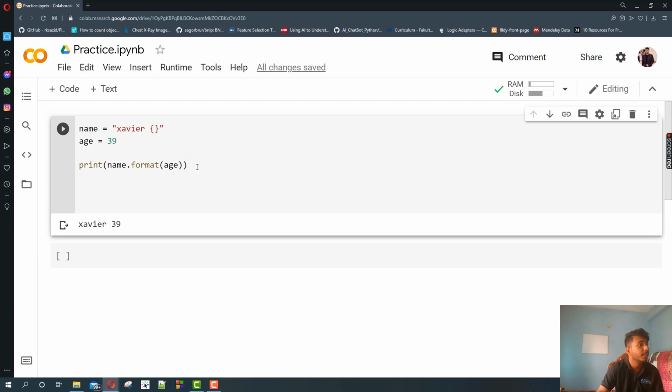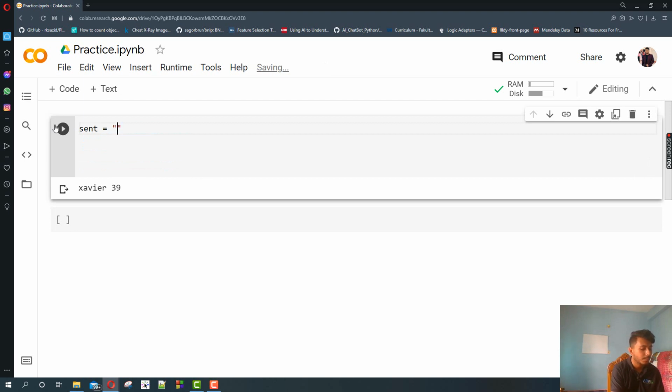How did Python do that? After this string is Javier, and this is the format specifier, the two curly brackets. The age variable I am passing in the format function will be passed over here. That means what I pass over here will be concatenated with this name. You understood?